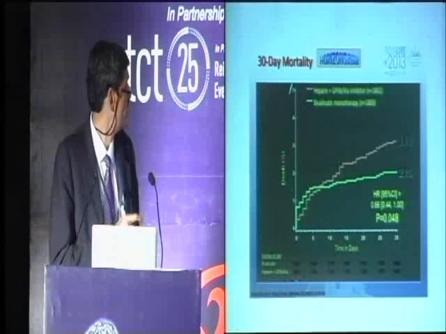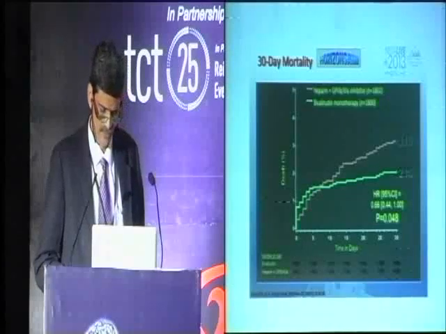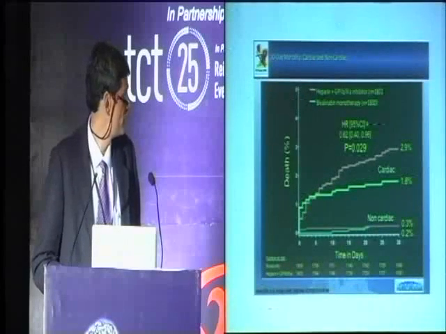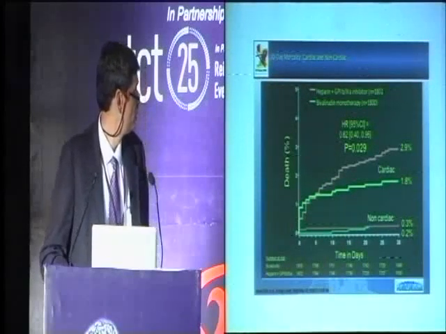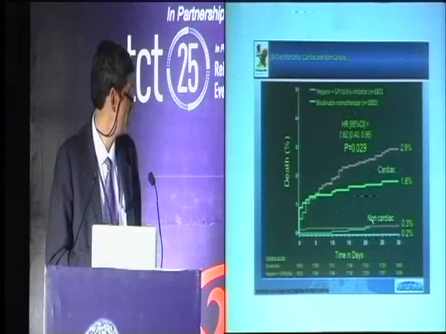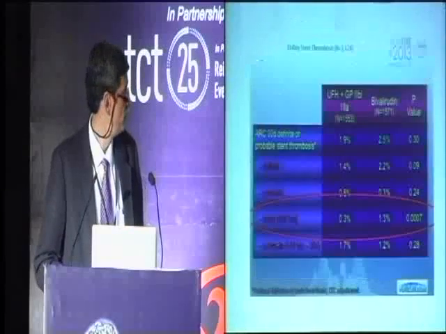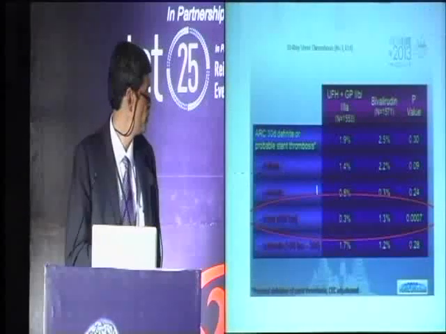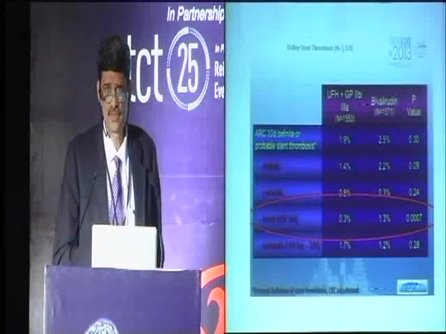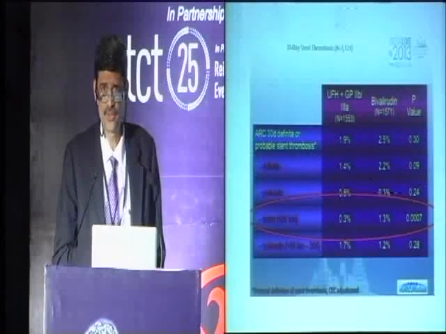Now, this was the 30-day mortality, which was in favor of bivalirudin. This was the 30-day cardiac and non-cardiac split mortality. Cardiac mortality was significantly lower in the bival group. Now this was one thing which was stressed at that time, that the incidence of acute stent thrombosis was